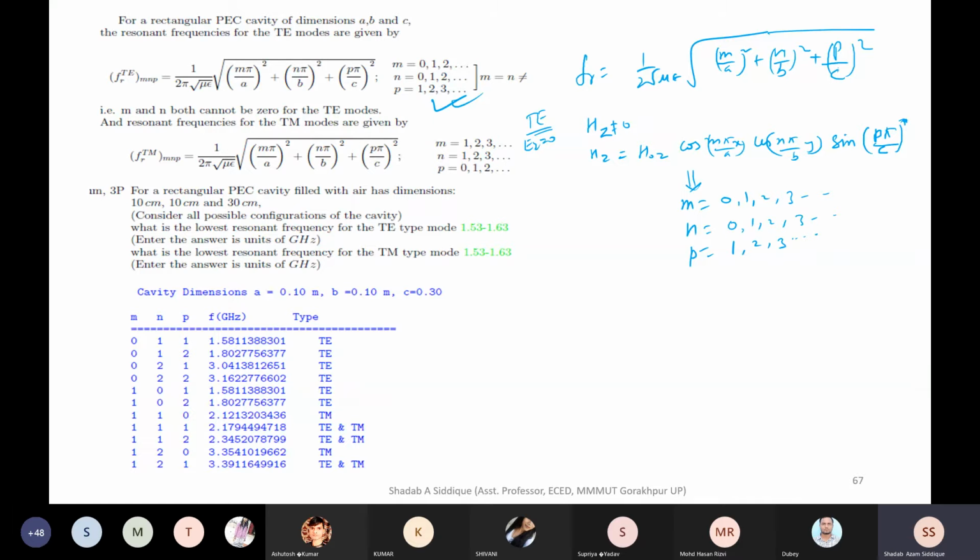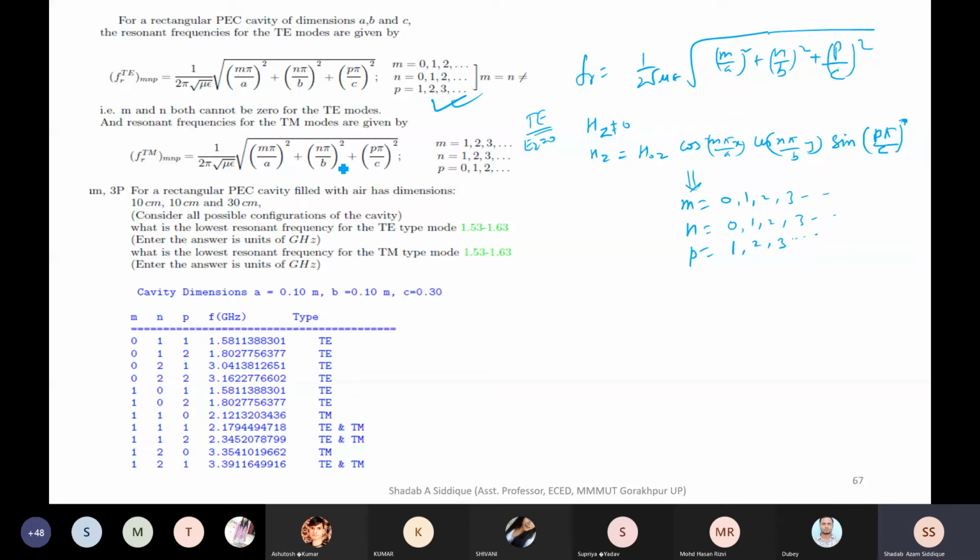In the problem itself, it is given that m and n both cannot be 0 for the TE mode also. Both cannot be simultaneously 0. If both are 0, the evanescent mode will come. This is evanescent, not possible. The mode which is not possible is called the evanescent mode. 0, 0 is simultaneously not possible. So at a resonant frequency,